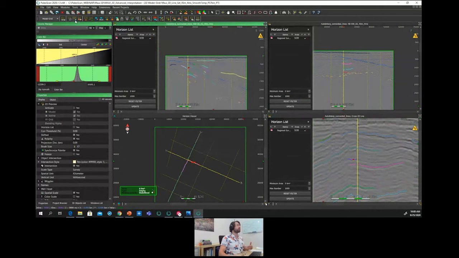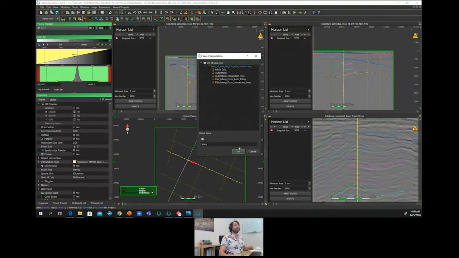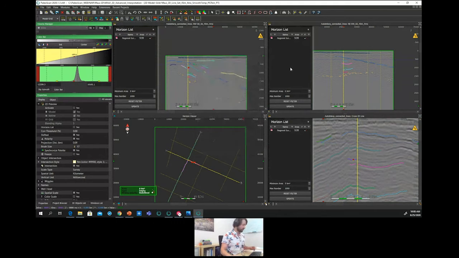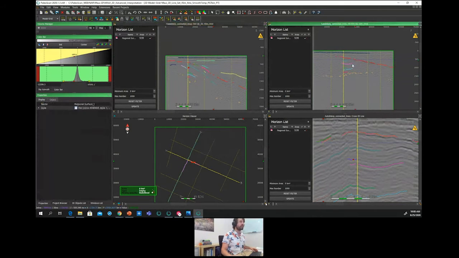To save the interpretation, you just have to press the Save Interpretation button, so the third within the model grid toolbar. And when saving this interpretation, the full package of stratigraphic constraints, so all the 2D horizons, are preserved, as well as their stratigraphic organization. By doing this, there's no need to individually save every 2D horizon of the model grid.